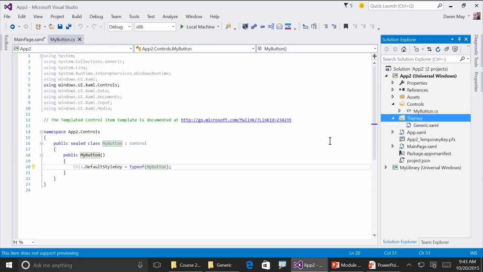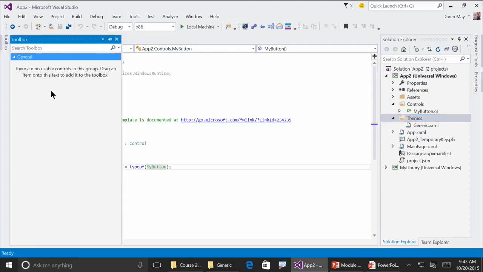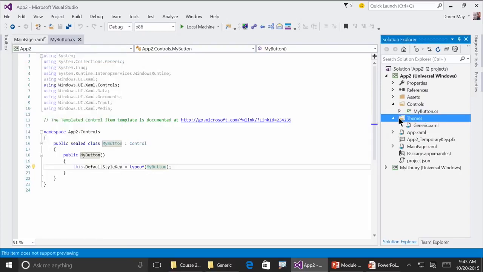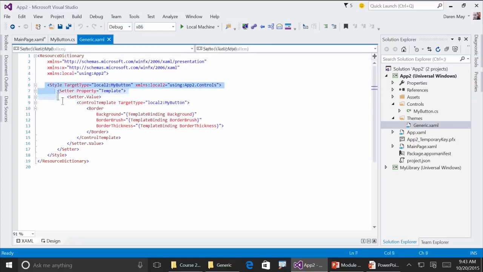But if you'll notice, there's also a new folder called Themes. And we had talked about this before, that there's a generic.xaml file inside Themes, and that has all of the default styles for all of the controls. So if you added multiple controls at this point, you'd still have that single generic.xaml, but you'd have entries for each of those controls as you built it. That's right. So now if I open up generic.xaml, we can see that it's got the style for